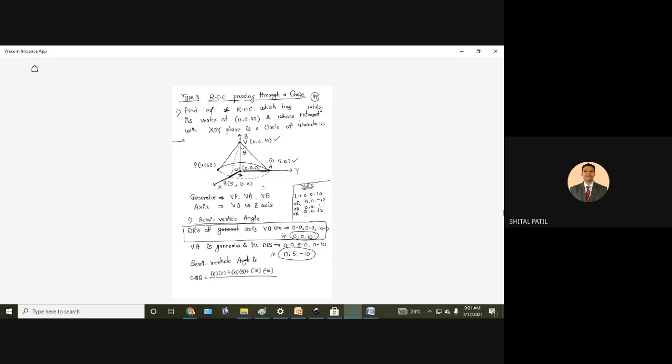But can I write like this? 5, 2, minus 3? No. They are not in the ratio. Right now, they are not multiple of each other, in other words. Okay, so all these are multiples of each other. So whether I write 0, 0, 10 or 0, 0, root 3, it doesn't matter. So whether I write 0, 0, 10 or 0, 0, minus 10, doesn't matter. If you want to consider minus 10, you consider minus 10 and you proceed. There is no any problem. You'll get same answer.